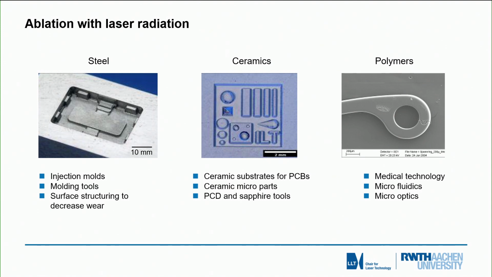Here you see 3 examples where we applied picosecond lasers for steel, ceramics, polymers, and as you might imagine, it doesn't really make a difference which material we process, as long as we localize the energy in very thin surface layers and allow the short times to ablate the material so that the heat effect on the environment of the processing zone becomes negligible. And in the metal application here, you see very clearly that there's hardly any melt visible, so we get very high precision of the order of a micron,